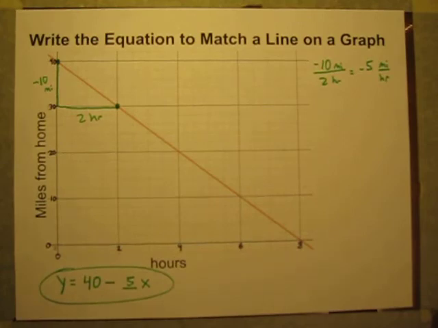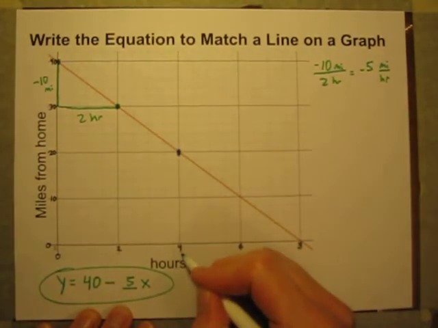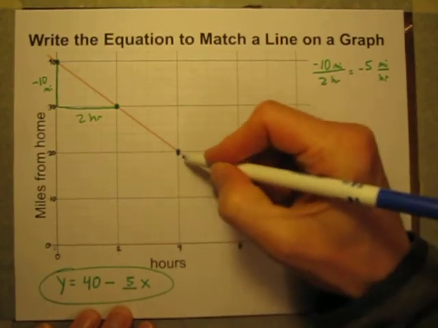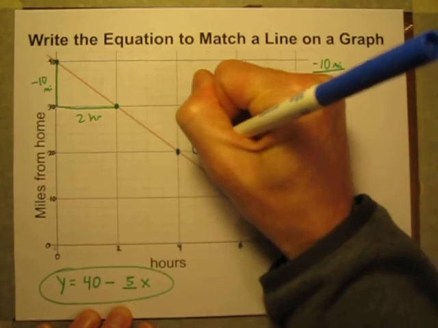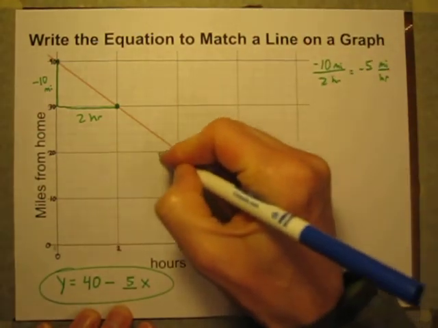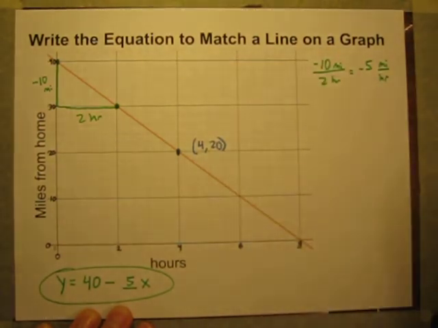It's always a good idea to test it. So let's try this thing. Let's see if the equation can predict a correct distance based on the graph. Let's pick x hours of 4. When x is 4, the graph says y will be 20 miles. Let's see if the